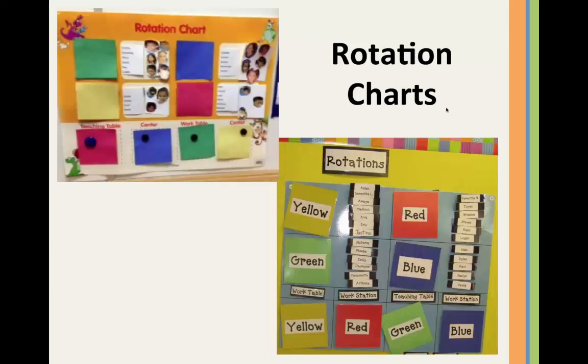The one on the right, you see that they are called work table. This teacher has rearranged their labels to be work table, workstation, teaching table, but it's just a repositioning. It's the same operation. A group will be with the teaching table. Another two groups will be at workstations or collaborative practice, or they're sometimes called centers, and work table is called independent practice a lot. Here again, the same thing, different names.